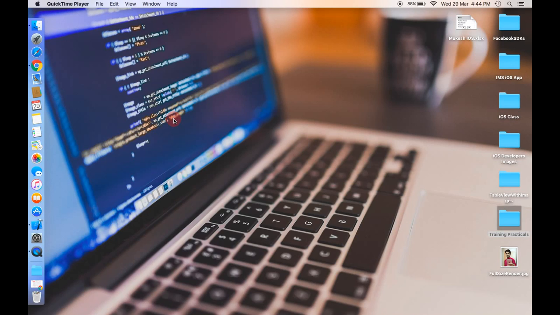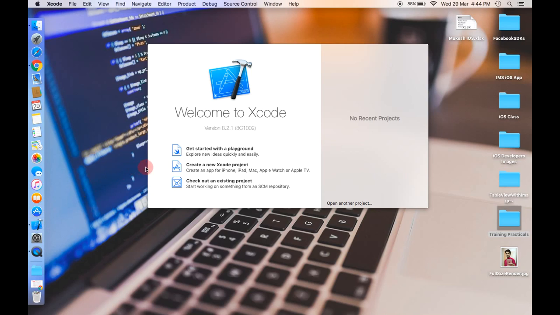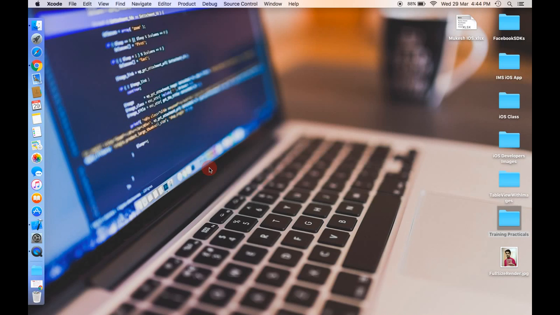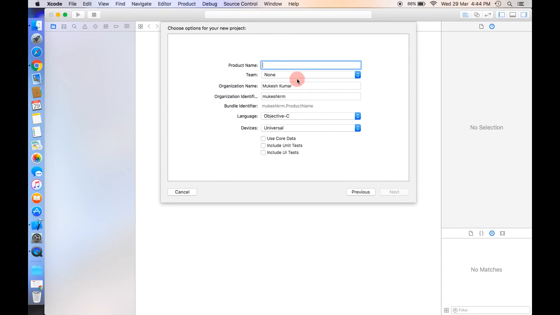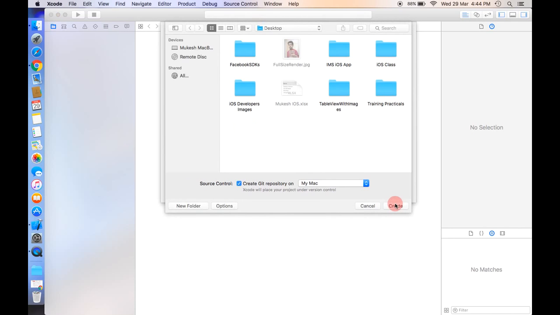Today I am going to create a page view controller. So just open Xcode and create a new Xcode project. Choose Single View Application and give the product name as PageViewDemo. Click on the Next button and just create it,